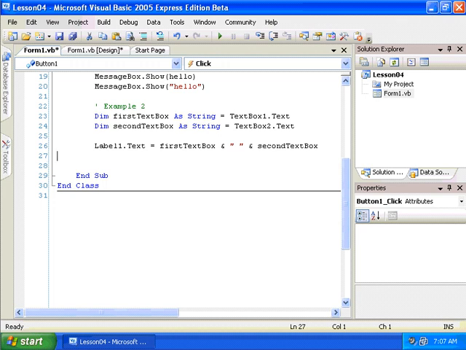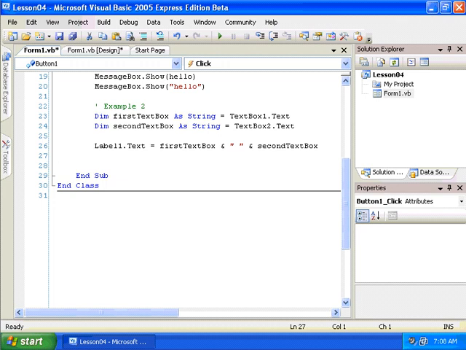Now this is where we are starting to talk about the use of variables. Admittedly, this is a very simple example, so the true meaning may not come out here. You might still not have this question answered in your mind. However, you can see in line 26 what I'm able to do now with the value I've retrieved from the first text box and the value from the second text box. I'm able to concatenate those together, put a space in between them, and set that expression equal to